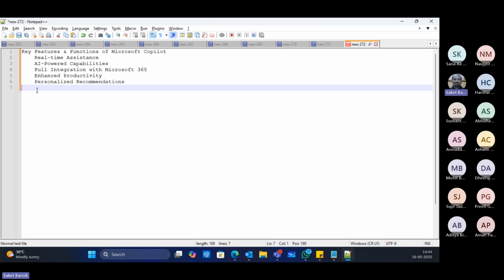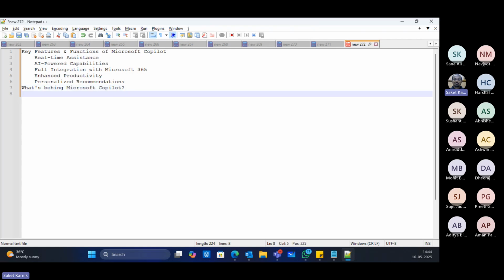So the next question that comes up is what is behind Microsoft Copilot, whichever flavor you talk about. In general, I'm saying Microsoft Copilot only. What all things run behind this?